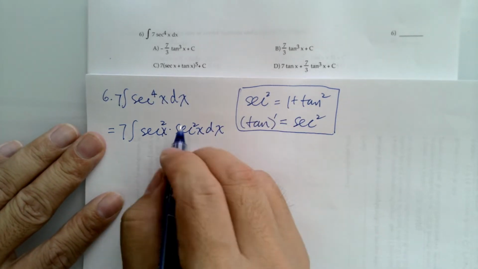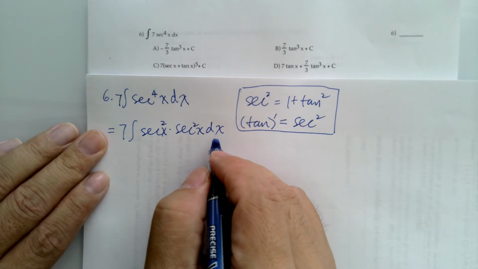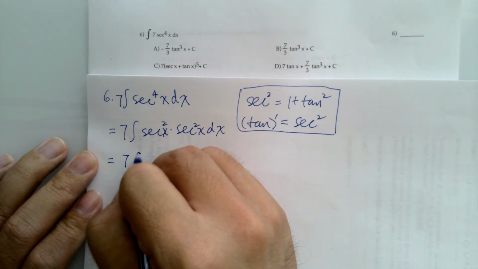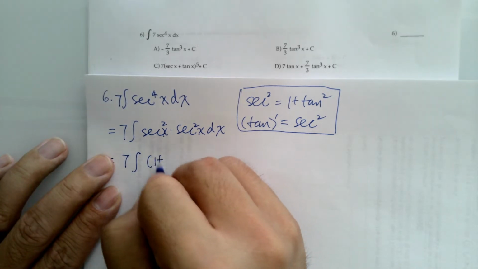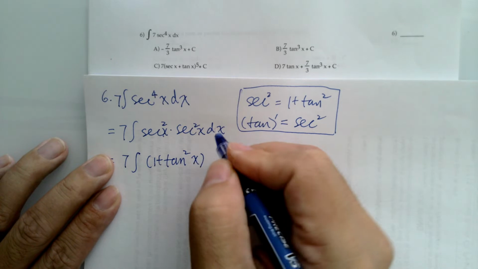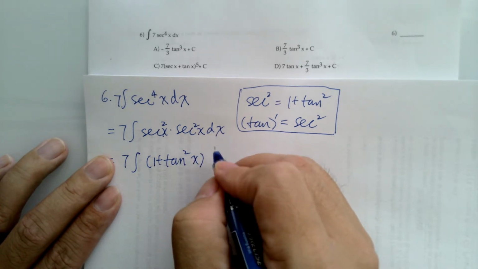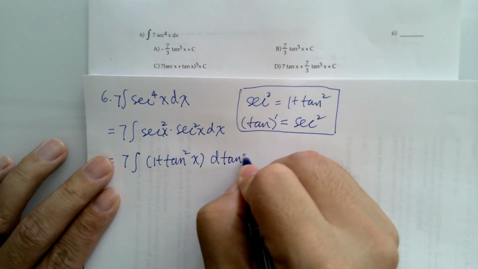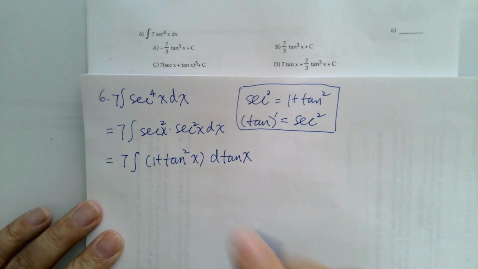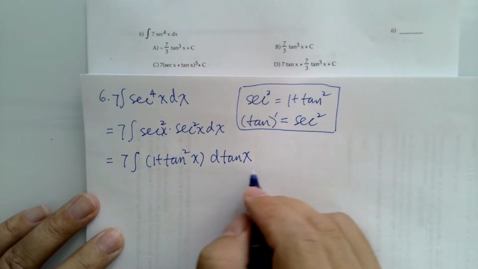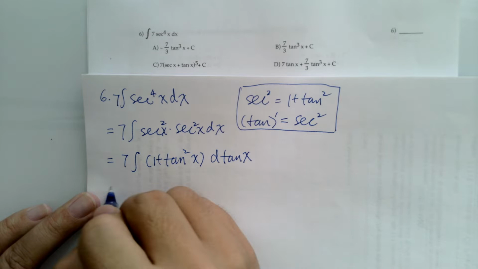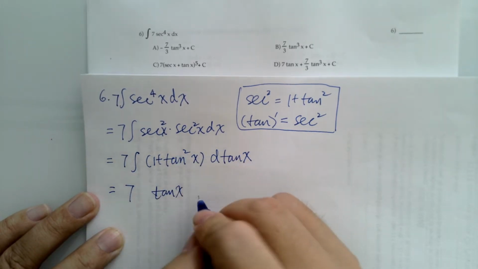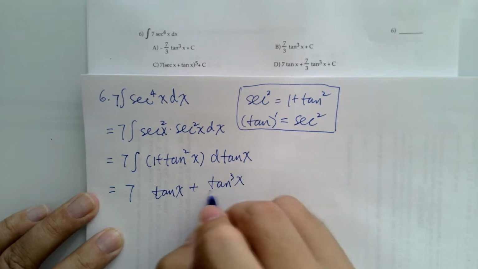First of all, I split this one into secant square, and then I'm starting to use this trick. The secant square I can turn into 1 plus tan square, okay. And the secant square dx actually equals the derivative d tan x. So right now, do you see that it's going to be a super easy integral to evaluate? That is 7 times tan x, right, plus tan cube x over 3